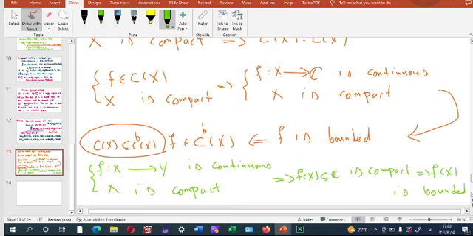But in this case, we only need this property, that since F is continuous and X is compact, the image F of X is a compact subset of complex numbers, and any compact subset of complex numbers is a bounded set, so that this is bounded, and so F must be bounded. Okay,